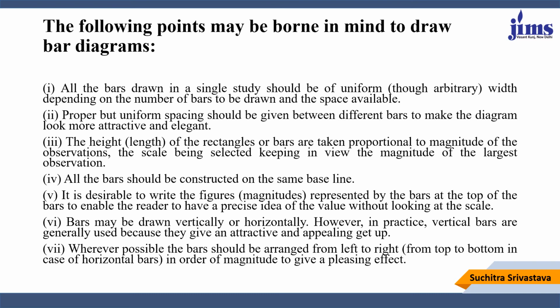One will be for lesser than 40 kilograms. The second bar will represent 40 to 50. The third 50 to 60, and the fourth will represent greater than 60 kilograms, right? So we will have 4 bars representing the 4 classes, right? Now, on the y-axis, we will be plotting the frequency or the number of students, right?